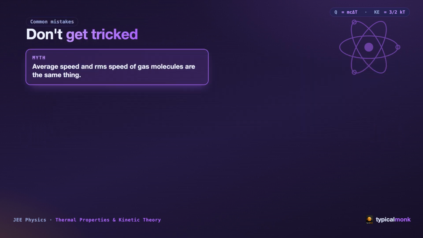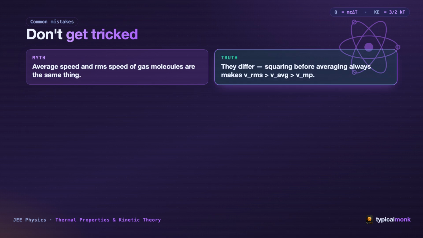Now let me save you some marks. 2 myths that trap thousands of students every year. Myth 1. Average speed and RMS speed of gas molecules are the same thing. It feels so natural. Surely they both just describe how fast the gas is. But here is the truth. They differ. Squaring before averaging always makes V RMS greater than V average, and V average greater than V most